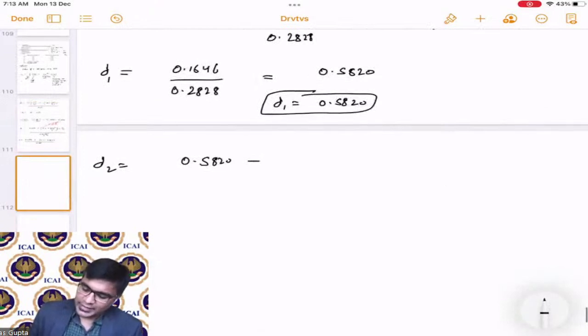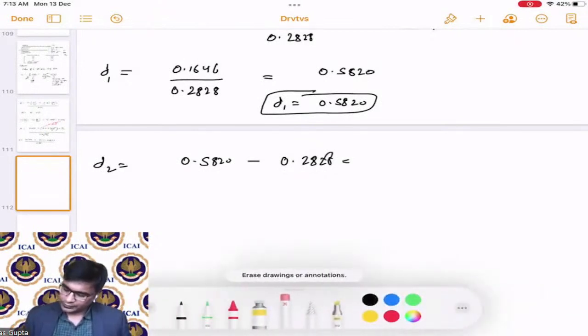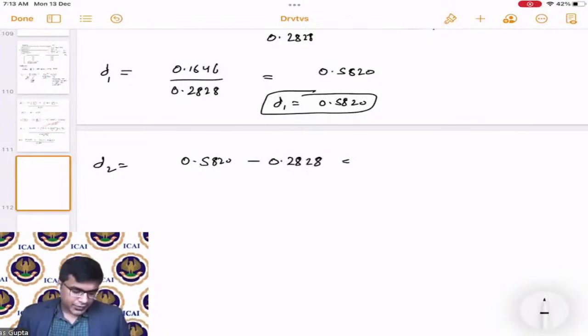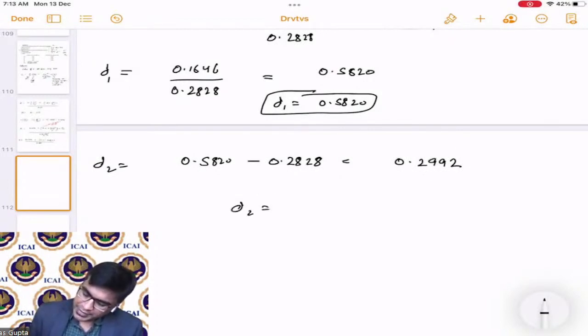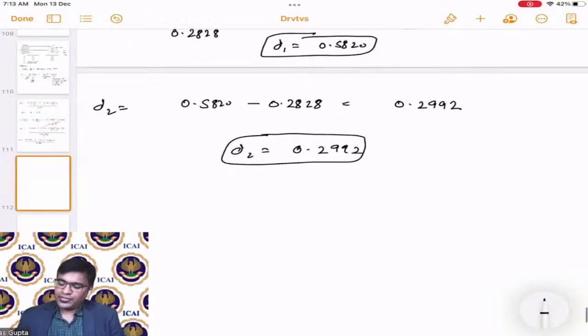So we will just do it like this: 0.5820 minus 0.2828, which is further equal to 0.2992. So the D2 value is 0.2992. So D1 is 0.5820, D2 is 0.2992. Now, as a next step, we have to calculate